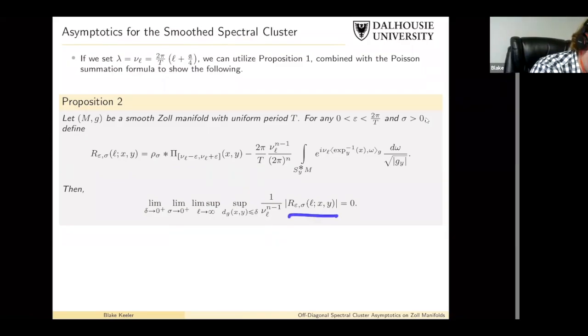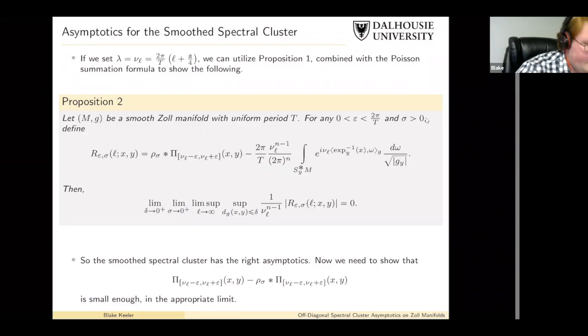So we get that the remainder is like little o of nu_L to the n minus 1, where we take first the supremum over all x and y in this neighborhood of the diagonal. We take the lim sup as we go out in the spectrum, and then we'll take this free parameter sigma to 0, and then finally we take the distance to 0 at the end of the day. So it is a bit of a mouthful to go through all of these limits and lim sups, but it does turn out to work. So we know that the smooth spectral cluster has the right asymptotic behavior as